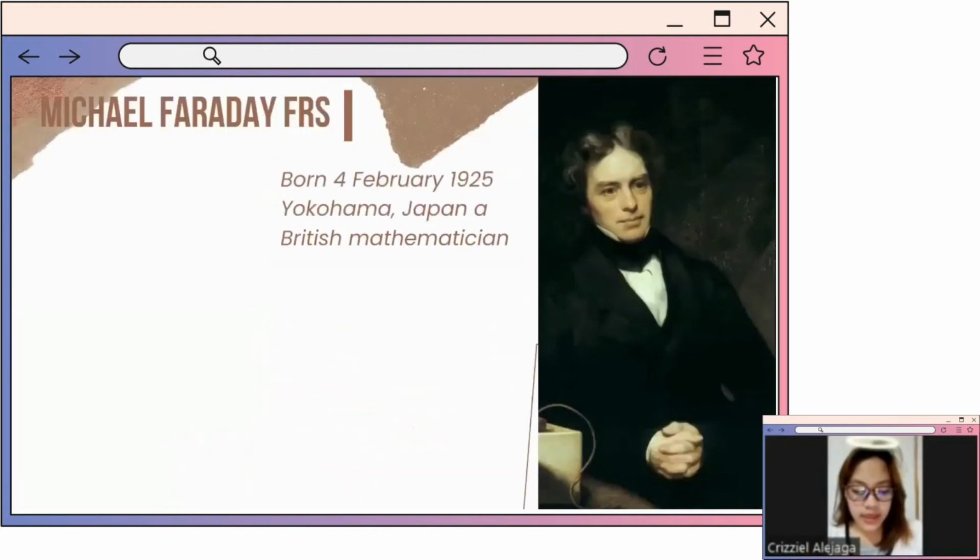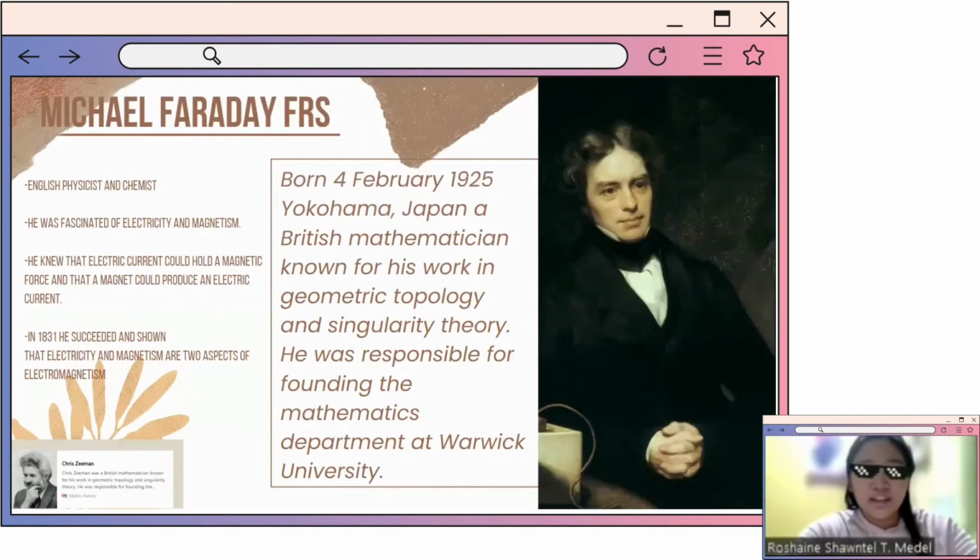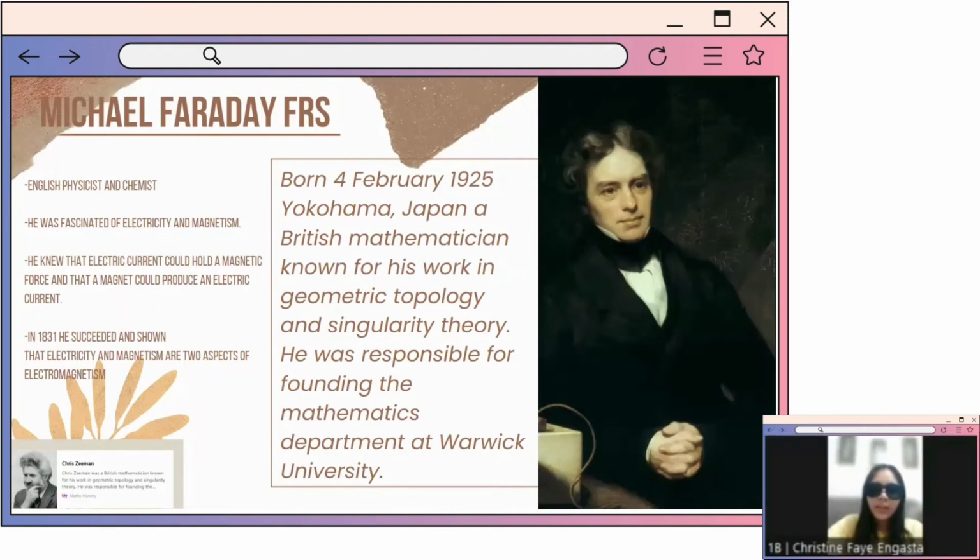Also, Michael Faraday, his constant need for new ideas turned him into one of the greatest experimental physicists of all time. He spent 10 years trying to prove that, conversely, a magnet could produce an electric current, and in 1831, he succeeded. He also advanced the theory of electromagnetism. If you place a magnet under a sheet of paper and sprinkle iron filings on top, they will line up along well-defined curves.